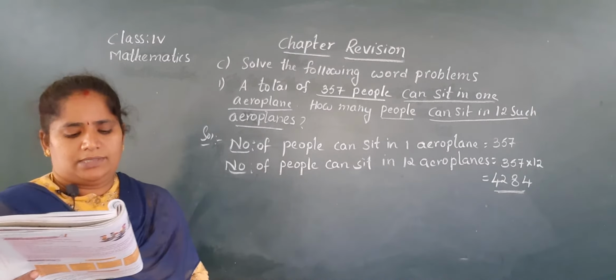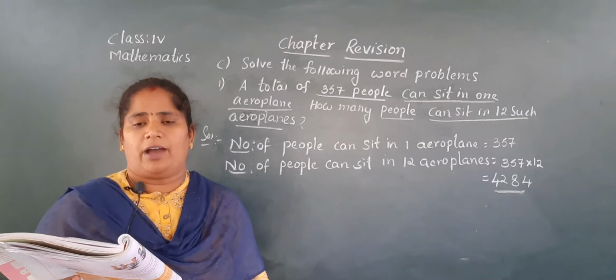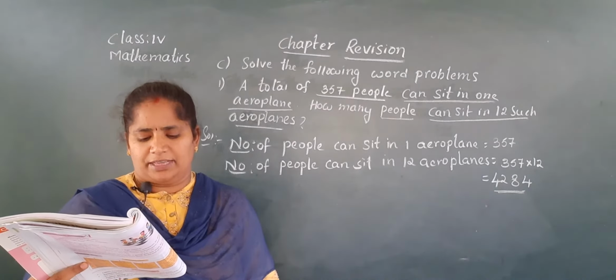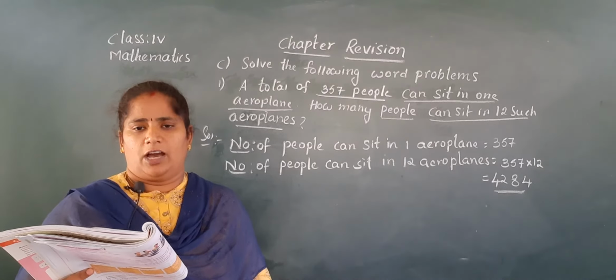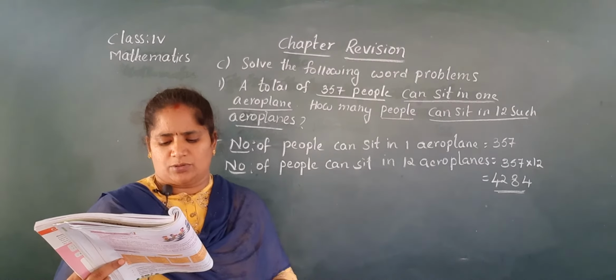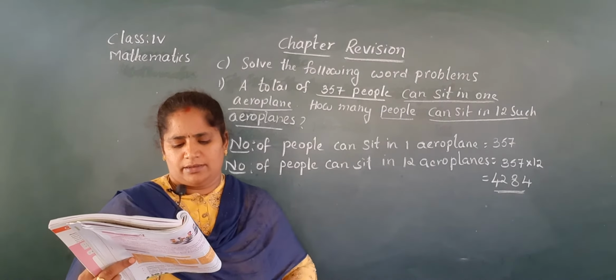Okay. So see, I will explain the problem. You have to do it yourself in the homework book. Fifth one. All of you put the tick mark for the fifth one as homework. So how do you write that? See, number of passengers can sit in one train. Number of passengers can sit in 370 trains. Same model. Okay, you do multiplication. So how do you multiply the 4-digit number by 3-digit number? I will show you.